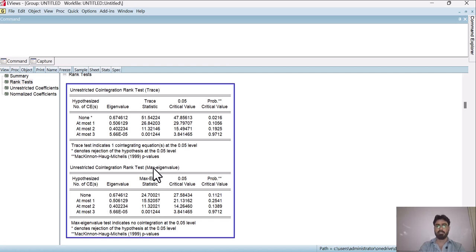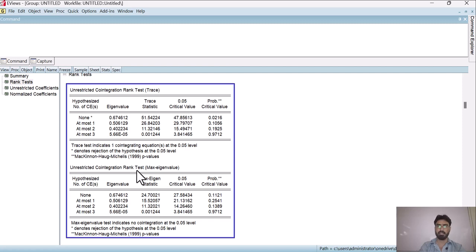So basically max eigen is telling us that there is no cointegrated equation, or no long run relationship between our variables. So now we have a confusion. The rank test or trace test tells us that there is a long run relationship in our model, but the max eigen tells us that there is no cointegrated equation, or no long run relationship in our model.